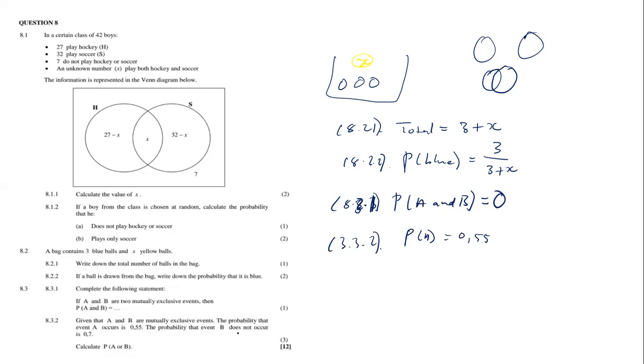The probability that event B does not occur is equal to 0.70. Calculate the probability of A or B. So here we have the probability of A, and then here we have the probability of not B, because we want to determine the probability of A or B. And then remember,